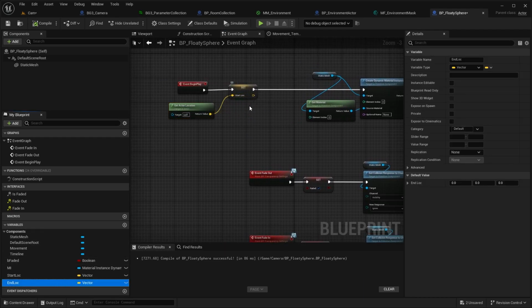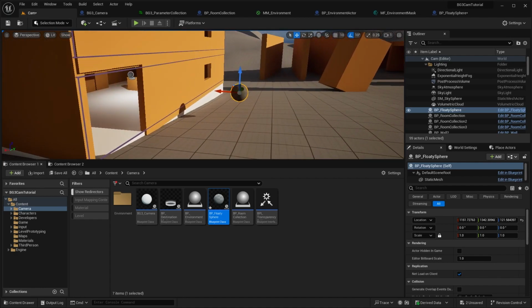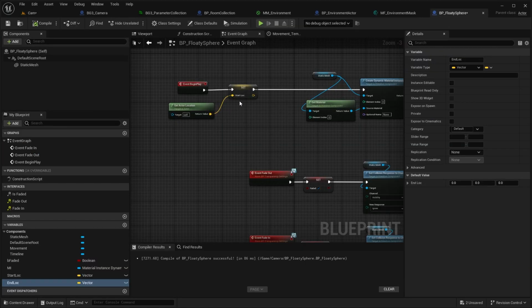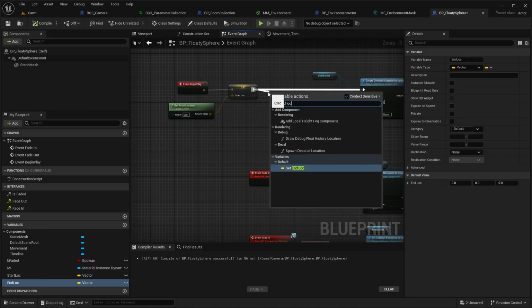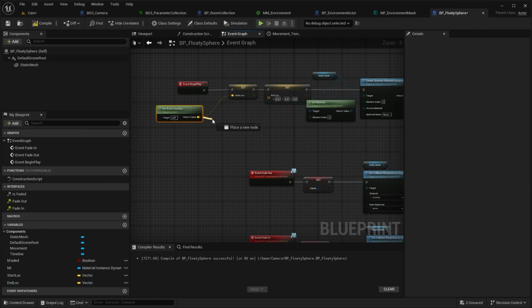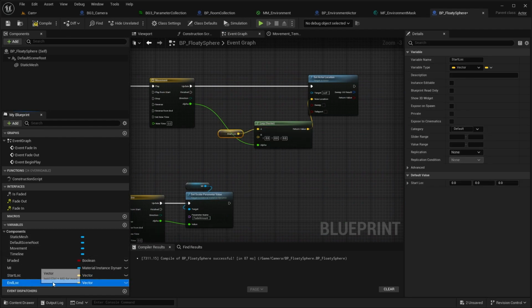let's see. Let's say, let's just hard code this for now. So we're using the x-axis here. The end location is the actor location plus, hook that up, and we're going to add, say, 1,000 units on the x vector. And we want to lerp between those two. So A is start, B is end,